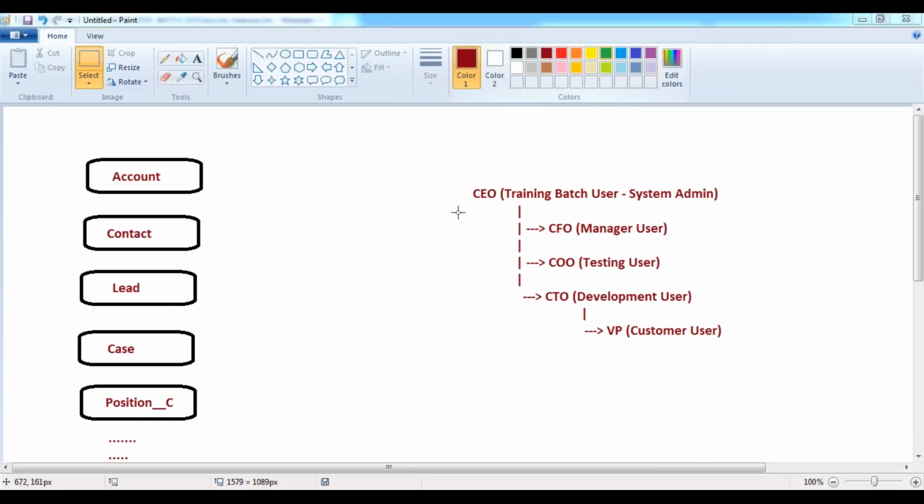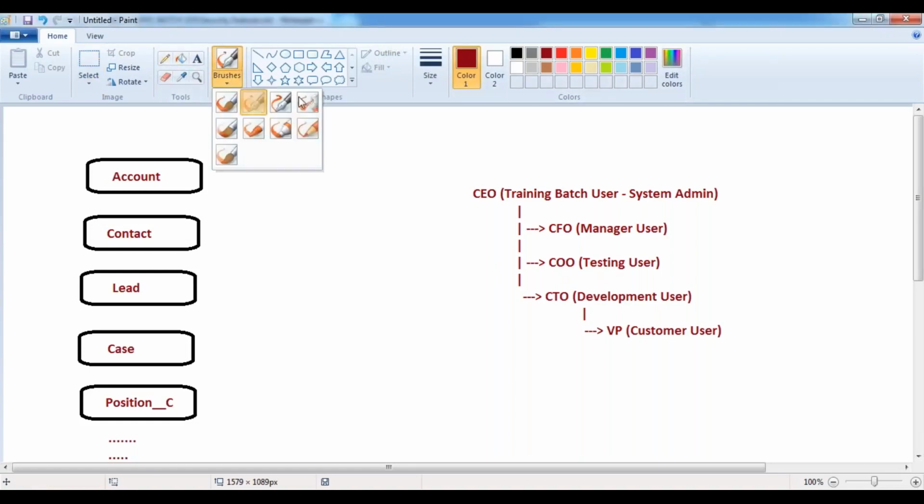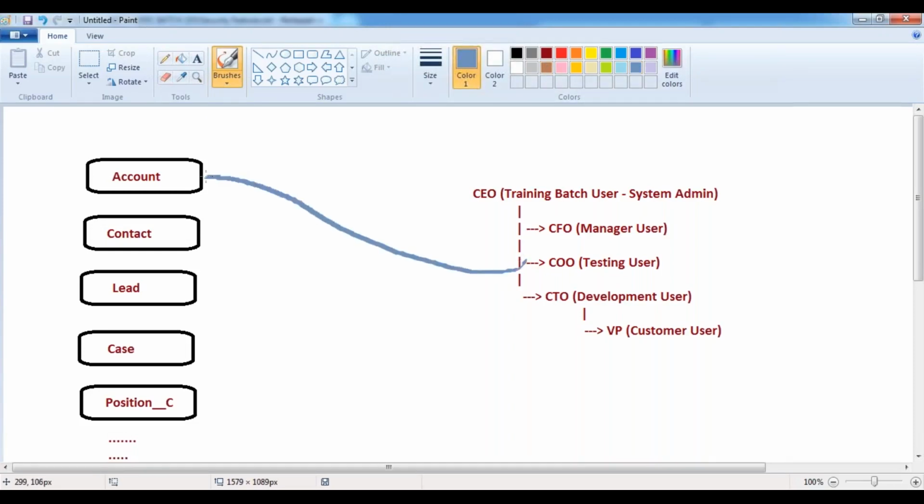Now, whenever the testing user is creating a record inside this account table, suppose for example, assume that today the testing user is creating a record inside my account table. What is the visibility of this record?